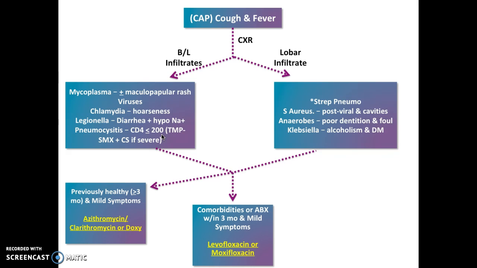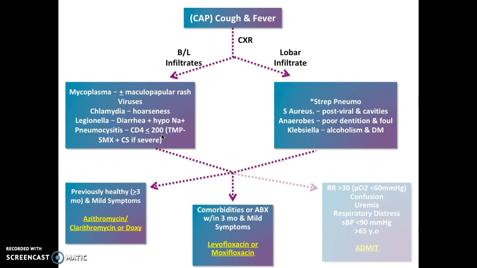Now, if the patient comes to you and they have comorbidities or they've already had antibiotics for similar symptoms within the last 3 months, but they're still mild enough that you can keep them as an outpatient, think about levofloxacin or moxifloxacin. However, we have this thing called CURB-65, and this is basically the criteria that makes you want